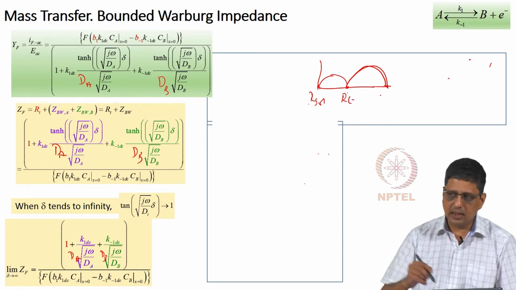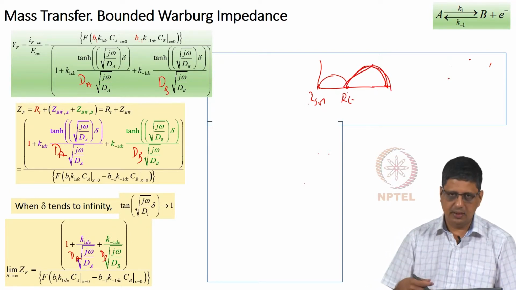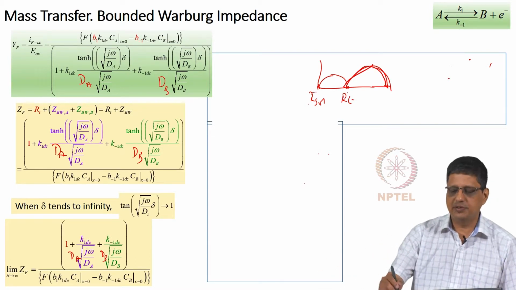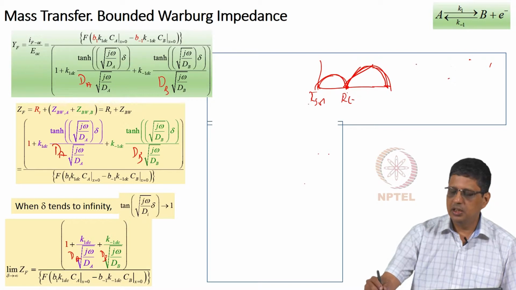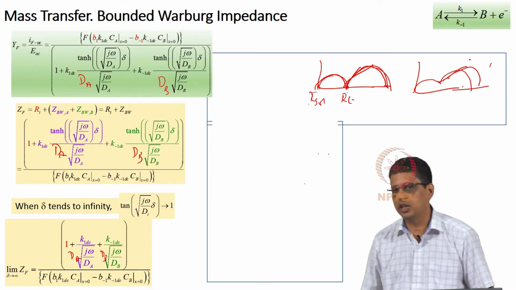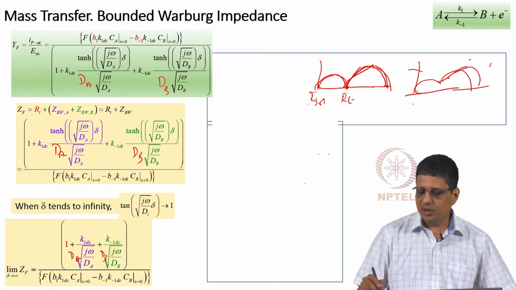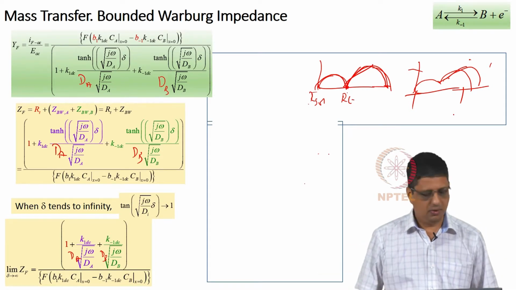This will not look like a semicircle. It will look like a 45-degree line to some level and then a 45-degree line with an offset, of course. And it may not even come nicely all the way here and go; it may come like this and go here, but it is going to be different from a capacitive loop which you have seen for one adsorbed intermediate. But in order to clearly see that, we should always plot it in equal scale. Plotted in non-equal scale, it can stretch and it is not easy for us to see.